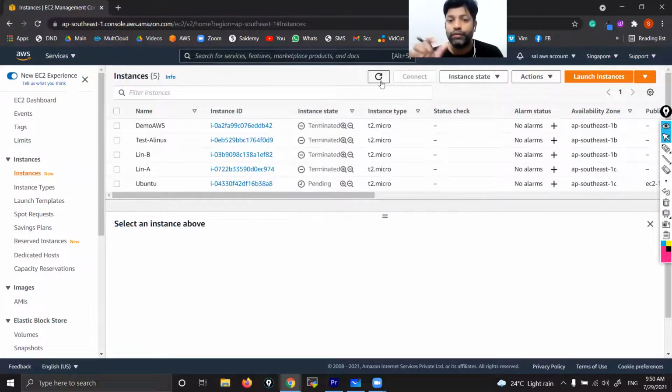For Ubuntu, the username will be different. So far we have been using ec2-user, right? But for Ubuntu, the username will be different. That I'm going to show you.